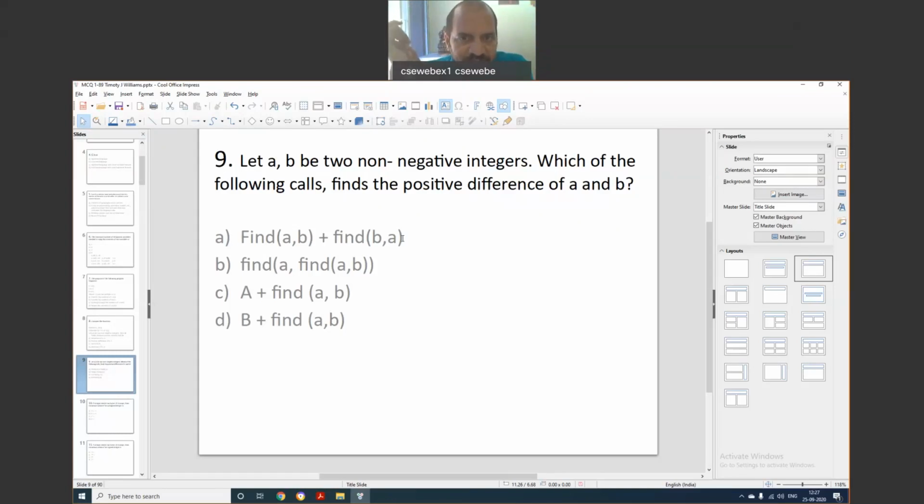Because in the function, if the first value is less than the second value, 0 will be returned. If the second value is less than the first value, the difference will be returned. That's what is written there. So option A will give us the positive difference.